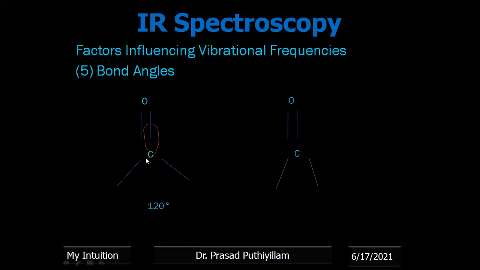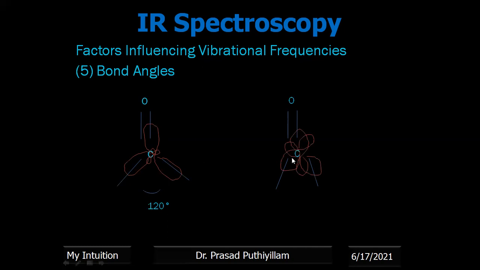This is my drawing. You can check some other textbooks as well. We can say that this is a bond formed with sp2 hybrid bond angles, so it has 1s and 2p character. But when the bond is compressed, the bond angle here is approximately 120. When it is compressed, then this possible